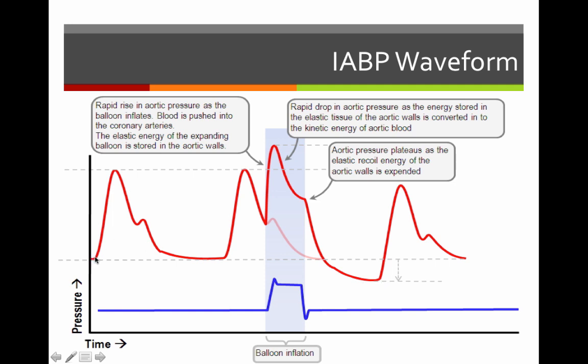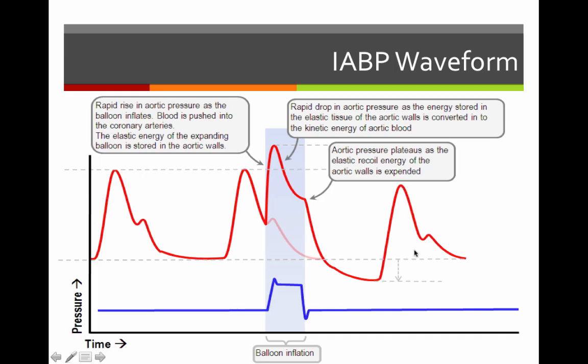So here is our diastolic pressure with the unassisted beat. And that's what our heart has to push against to push blood out into our system. And with balloon deflation, we are decreasing that diastolic pressure, so we're decreasing afterload. So that next unassisted beat,